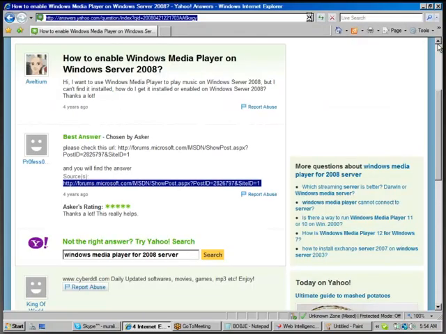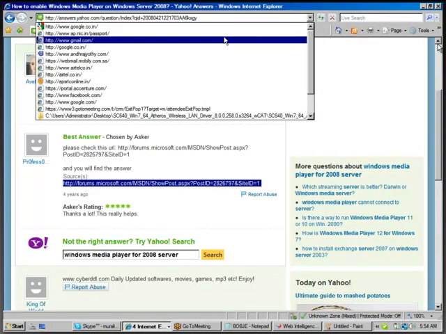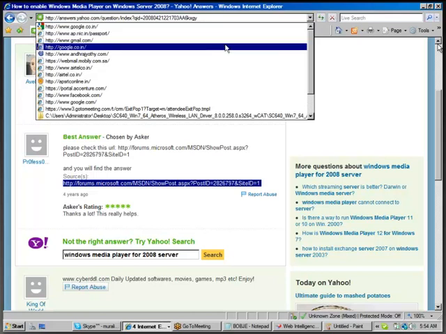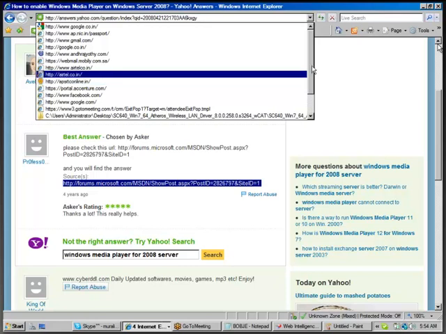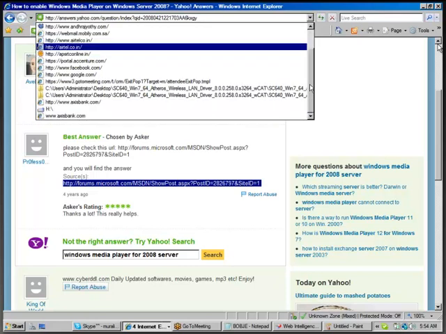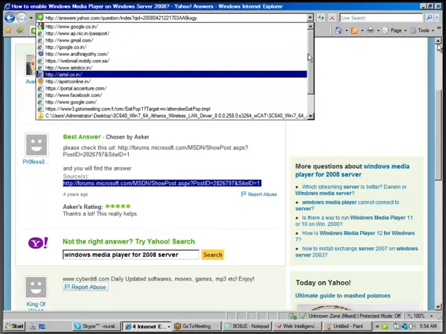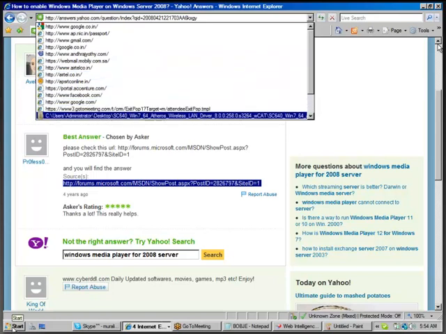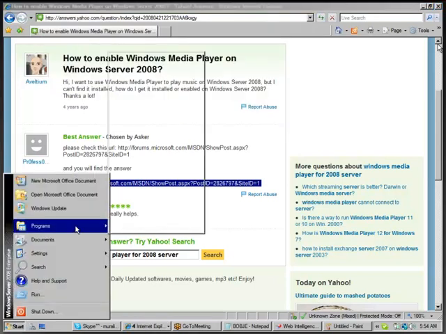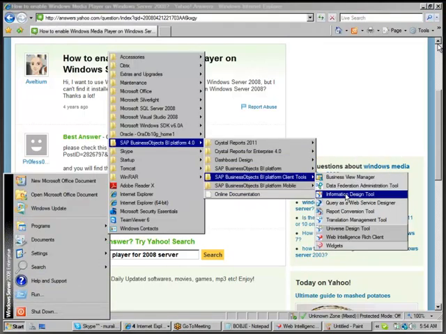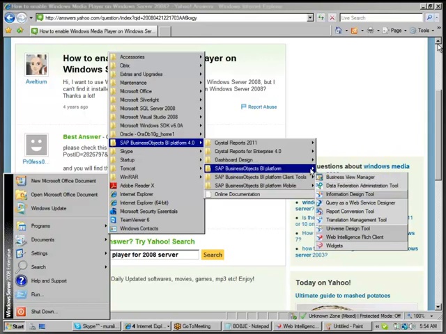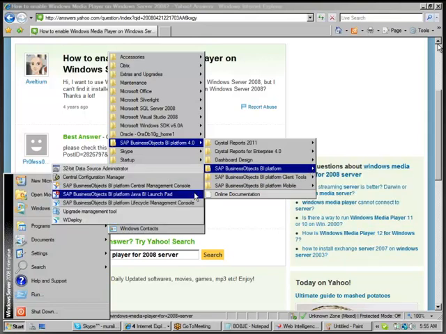That URL is called BI Launchpad. Let me open a BI Launchpad. I don't have a URL now, but I can generate a URL. I'll show you, in the programs, R4, client tools, there's a tool called Java BI Launchpad. You just need to send this URL to the end user.